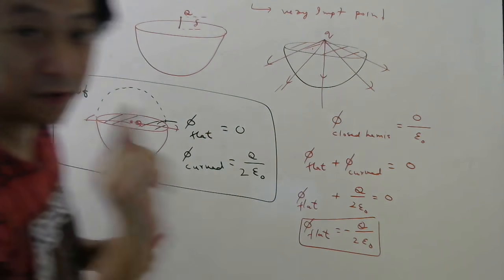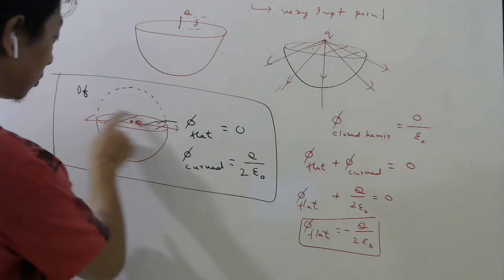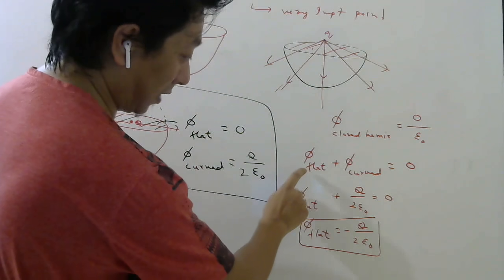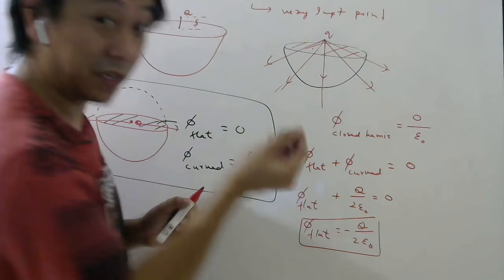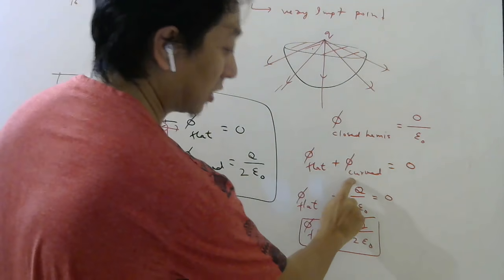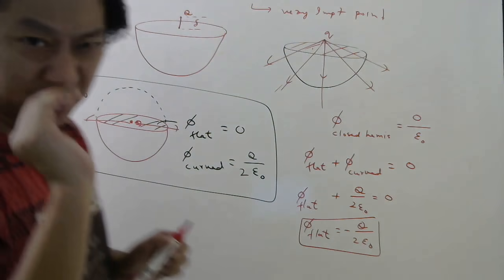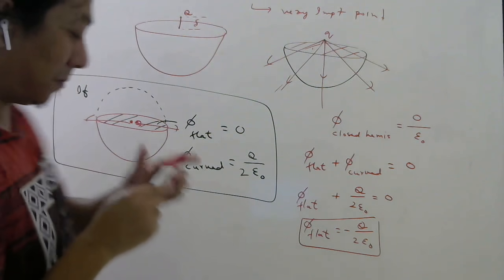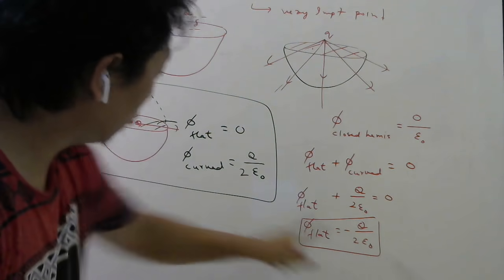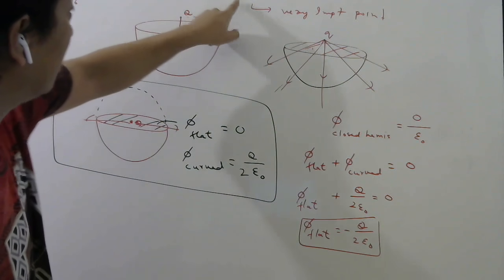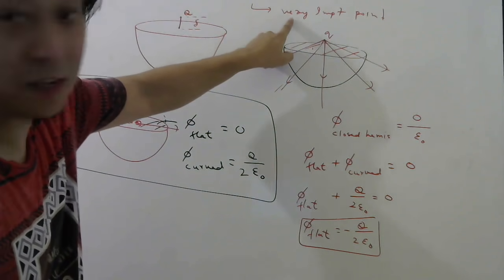Okay, so the only difference is that in this case the flux through the flat surface is exactly 0, whereas here the flux through the flat surface will be the negative of the flux through the curved surface, because the charge is still outside. It may be slightly outside, but it is still outside. But the numerical value will approach this answer because this gap is tending to 0. That's why this was very important, I told you.